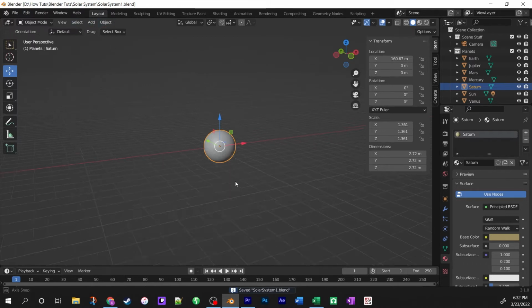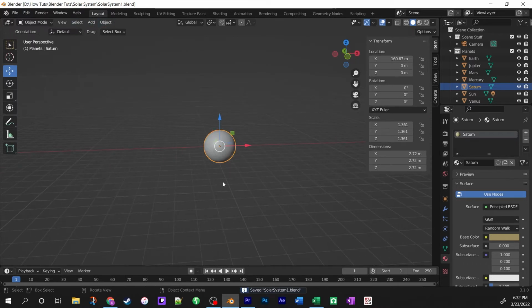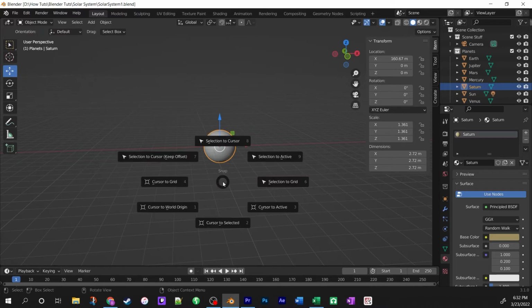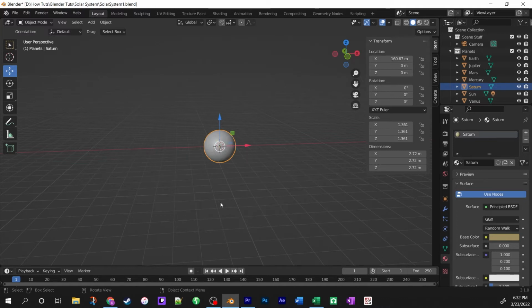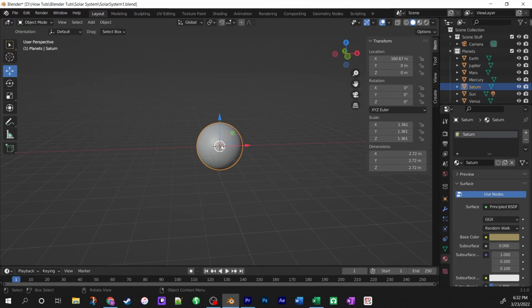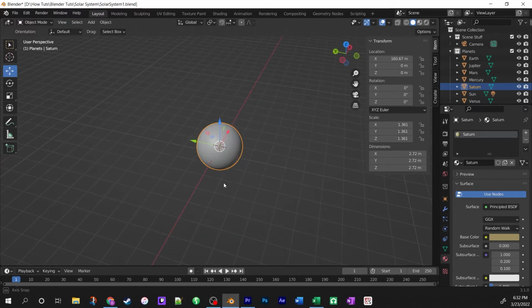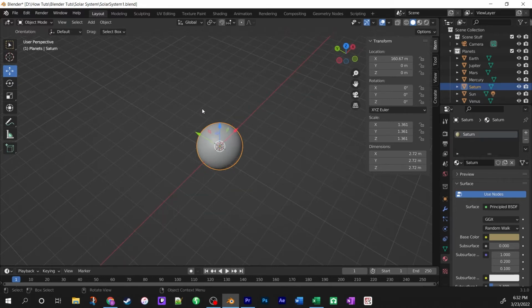And so what we want to do is hit Shift S on the keyboard. That brings up this pie menu here. And so what we're going to do is go Cursor to Selected. That's going to snap this little 3D cursor, this little striped circle with the crosshairs there, to the center of this object, to the pivot point on this object. And so basically anything that we bring in from this point forward is now going to be aligned with the